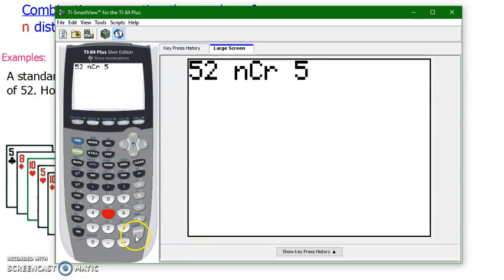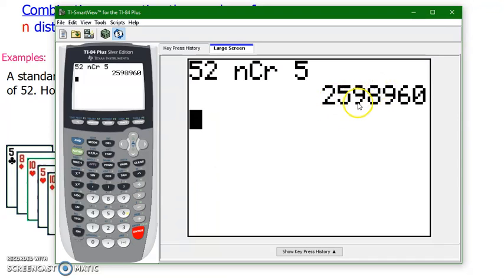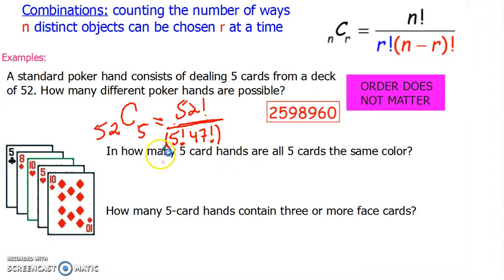And again, very simply, press enter. And there, like I said, is that 2,598,960. Again, pretty simple to type that into the calculator. Now, the next thing that's going to help us out is, hey, if we can find combinations, now how can